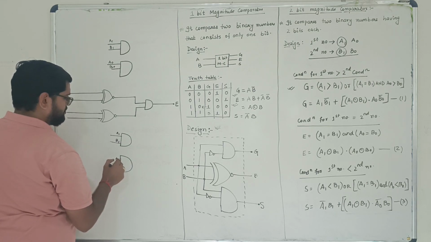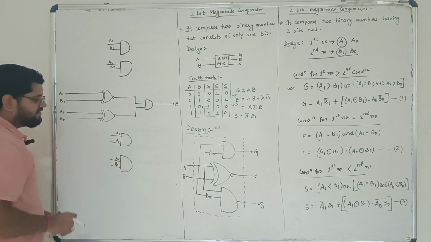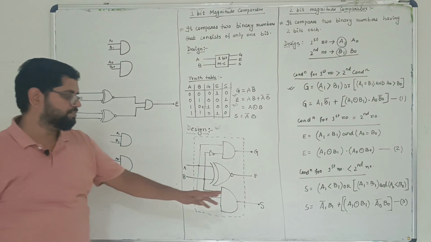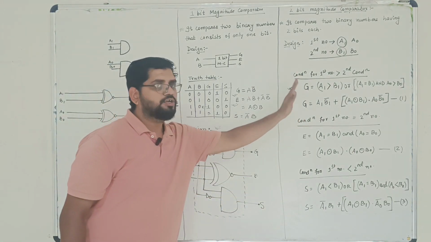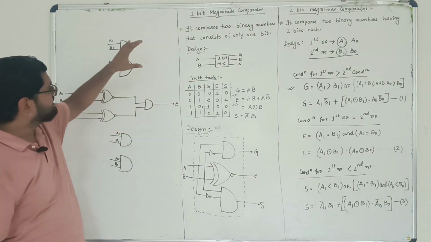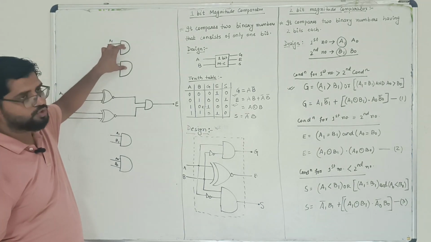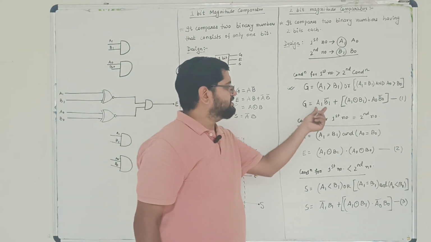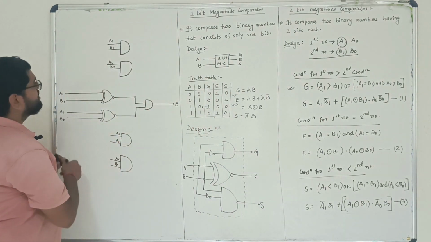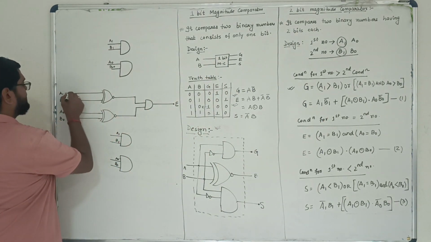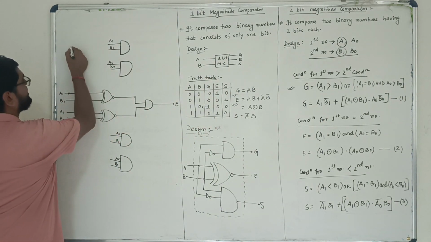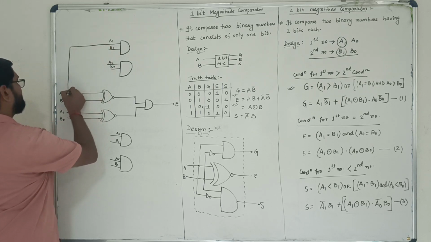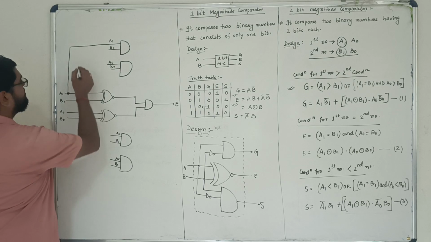A0, B0. Now, after that, you will just look at the expression of G and try to draw it using these two AND gates. So first of all, the first part of G is A1 B1 bar. A1 is as it is, so I'll take a connection of A1 from here, and for B1 bar,